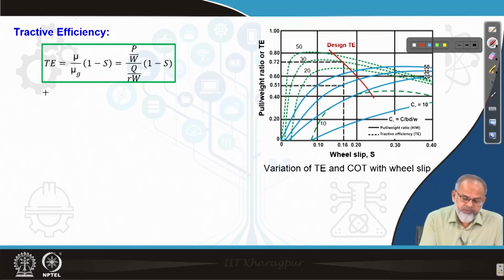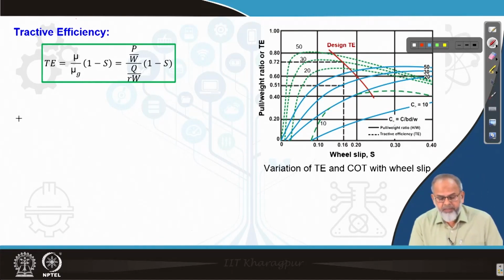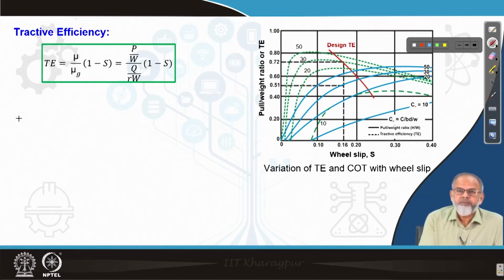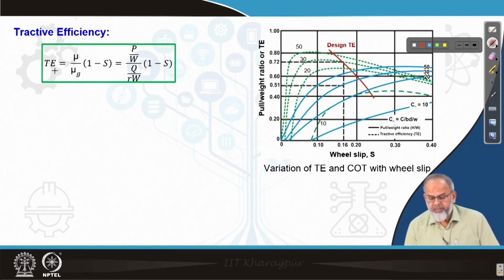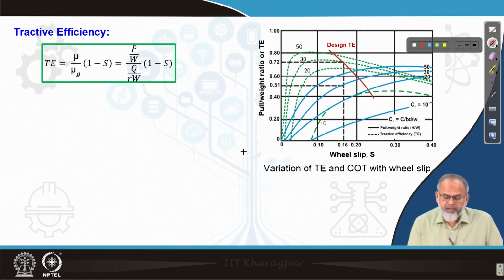So, once you know those equations which have been developed by Wismer and Luth, next we can put those values here to find out the tractive efficiency. Now, based on the output data from Wismer and Luth, it has been plotted how the pull to weight ratio, that means COT, is varying, which is indicated by these blue lines, and the tractive efficiency is varying, which is indicated by the dotted green lines